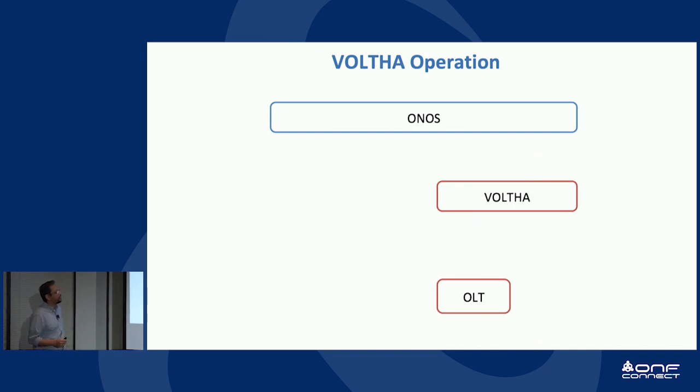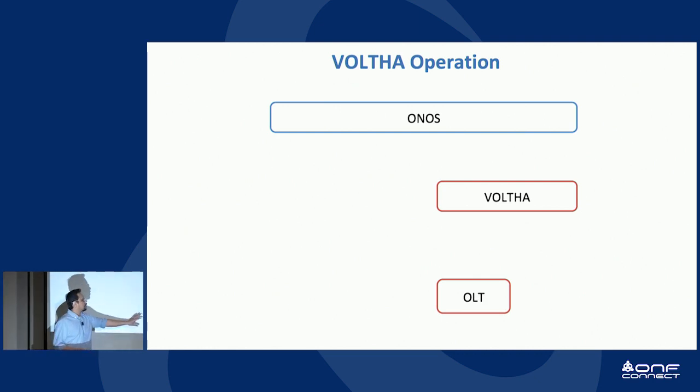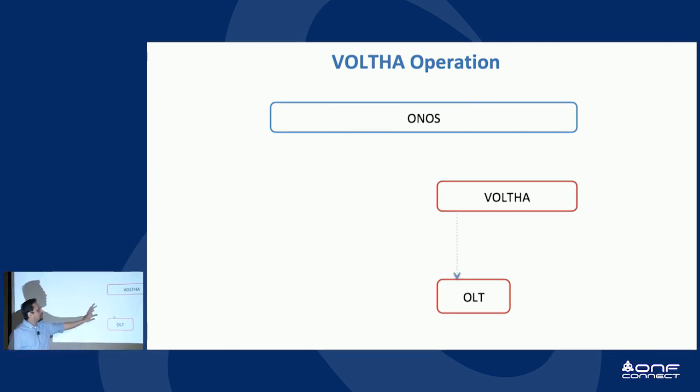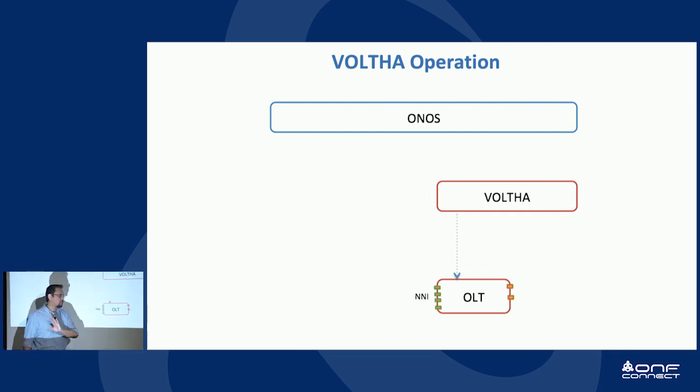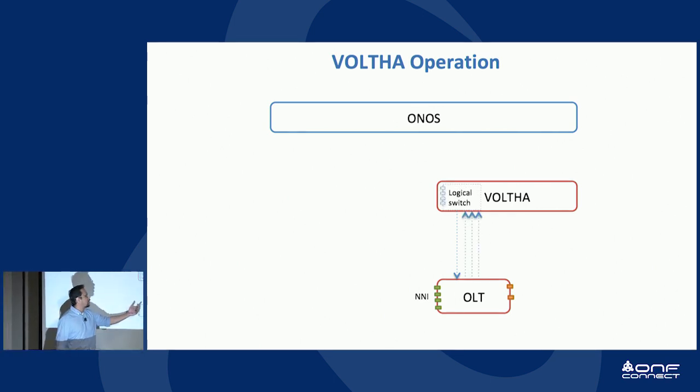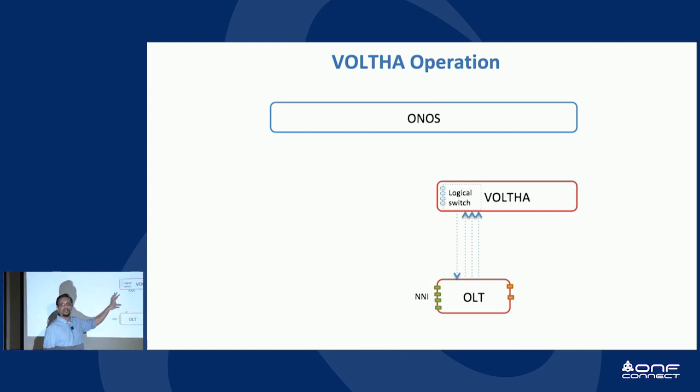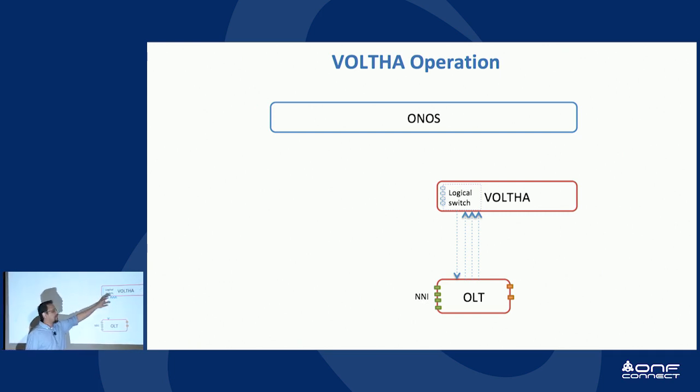Okay, so this is a bit of a glimpse at how this all works. So here's a physical OLT, and when we start off VOLTHA, it connects to that physical OLT and just basically says, hello, who are you and what do you have? So the OLT says, okay, these are my ports. These are my NNI ports that go upstream. These are my PON head end ports, my PON ports, and it reports all that to VOLTHA. Now, you will notice that VOLTHA then creates a logical switch abstraction, but it's kind of incomplete.